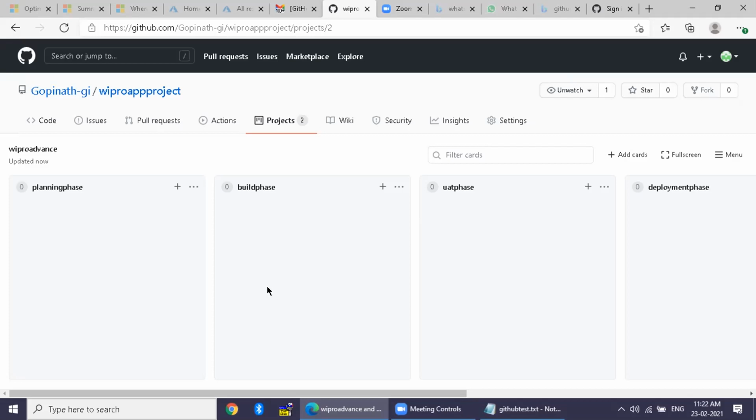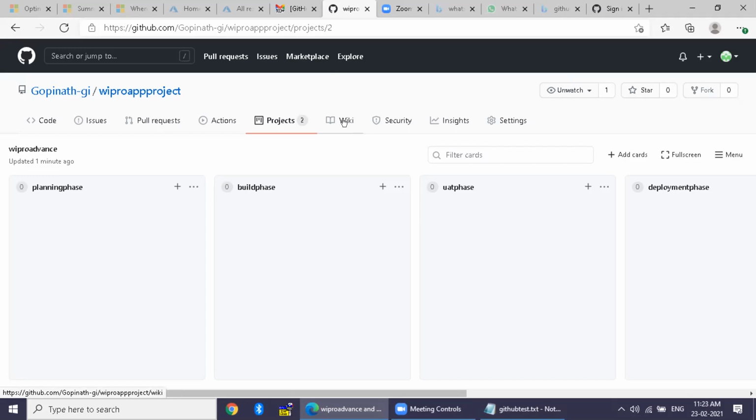You mention everything so that when someone new wants to see what project you did, at least they can go through the documentation. This is called wiki. Wiki means a knowledge base. So you can capture everything related to the project here.